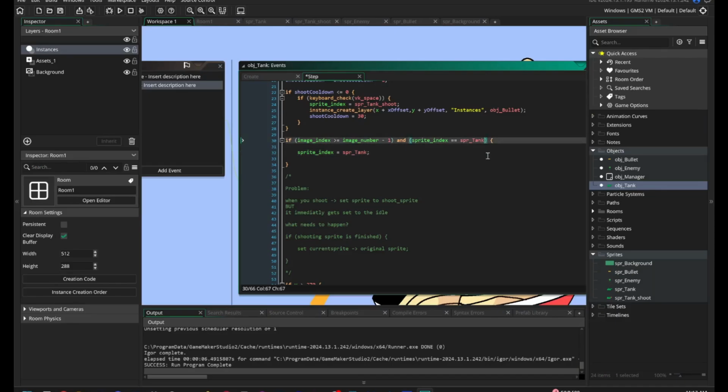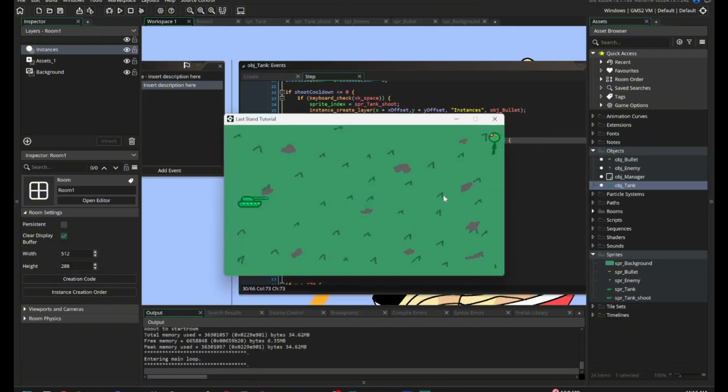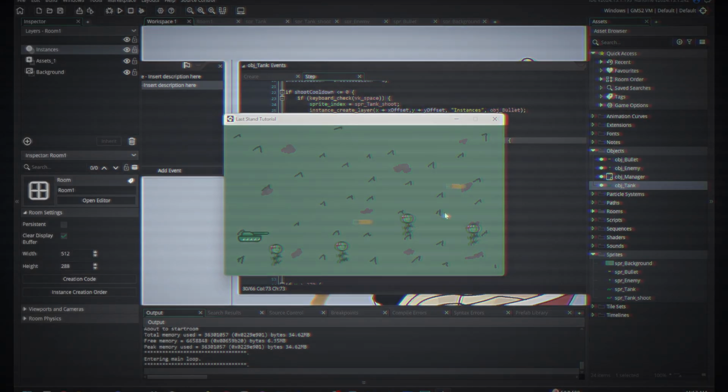Oh, SPR tank shooting. And now when we play, it should work. Okay, there's also another issue. So the reason why sometimes it plays the animation and sometimes it finishes quickly is because, in simple terms, when